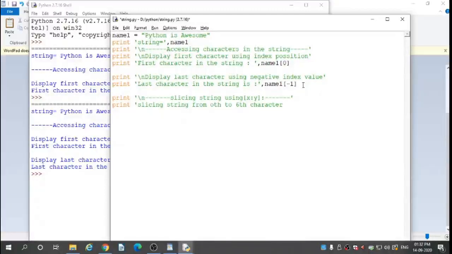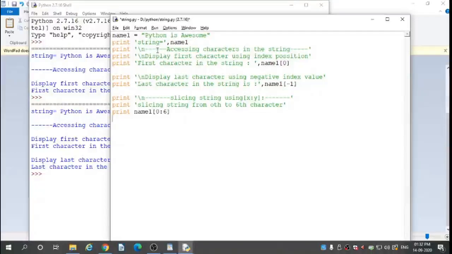Single quote completed. Enter, print name1 in square bracket 0 colon 6. Here I print name1 from the 0th to the 6th character. Square bracket completed.